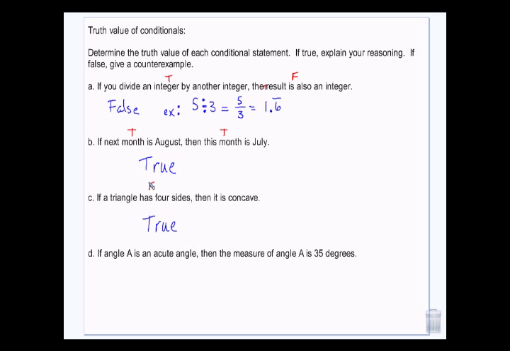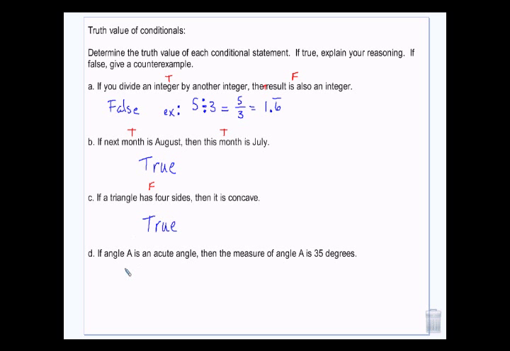Because if it had been true, then both would have been true. We assume that they would have both been true, if it had been true. So when it's false in the beginning, it's always true. Yeah, if the if part is false, then the whole thing is true. So it's like a negative number, just trying to make it positive.